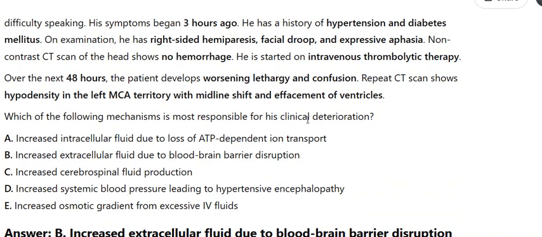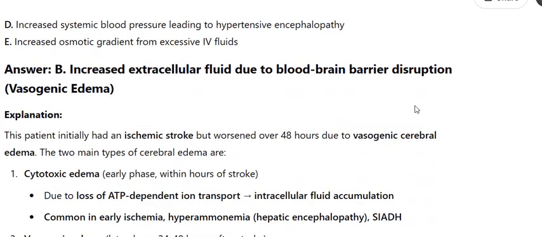Answer B. Increased extracellular fluid due to blood-brain barrier disruption, vasogenic edema. Explanation: this patient initially had an ischemic stroke but worsened over 48 hours due to vasogenic cerebral edema. The two main types of cerebral edema are: